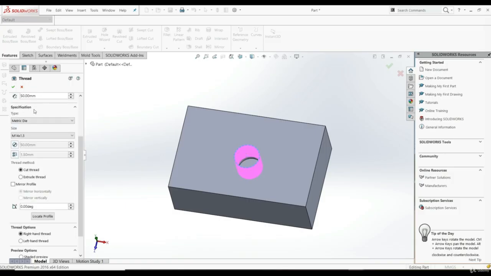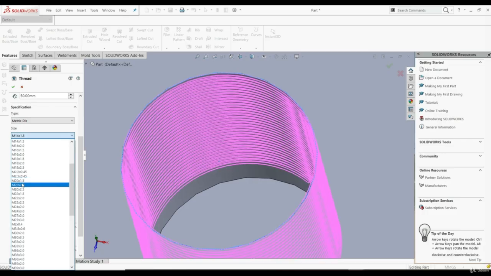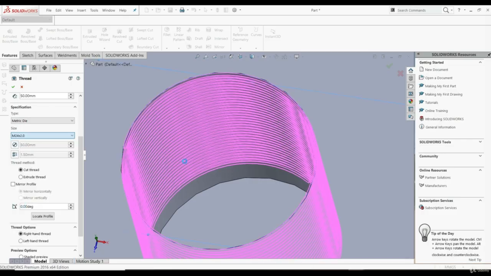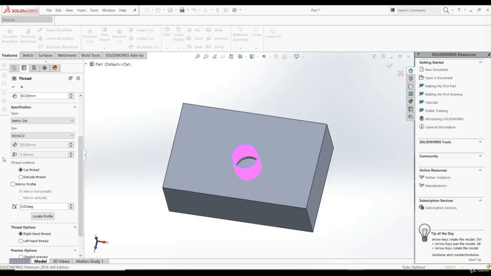And here under specification, we have to choose the type of the thread. Here we have some options. We have an inch diameter, inch tap, metric tap, and so on. Let's go with metric diameter, like this. And here we have to choose the size. Now we can see already the preview. We can zoom in, and now let's choose the size. Let's go with 24.2, like this. As well, here we can override the diameter and we can override the pitch, but we're gonna leave